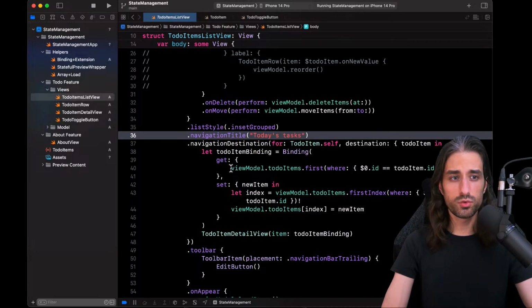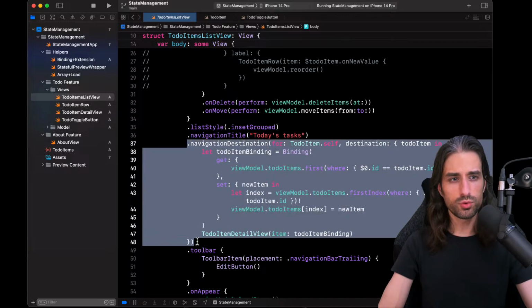So it could be interesting to extract this into another part of the code that is aware of what the navigation should actually consist of in terms of what is the destination of the navigation. So this is the part that you could want to extract. That's a very good question.